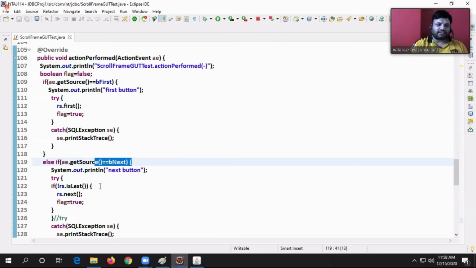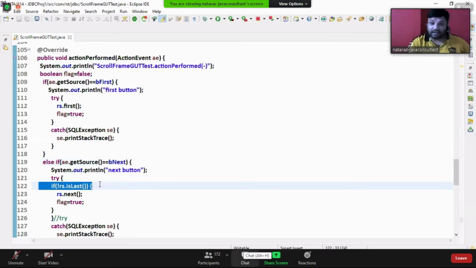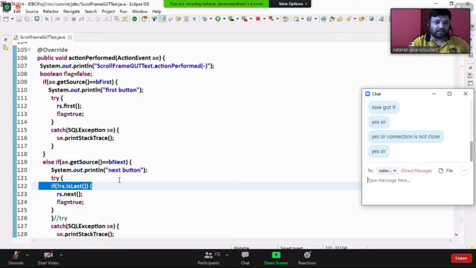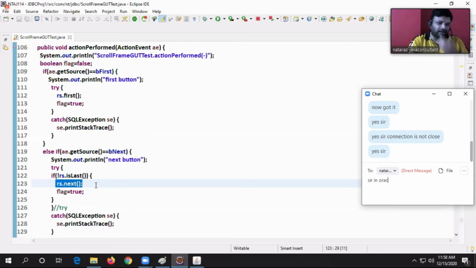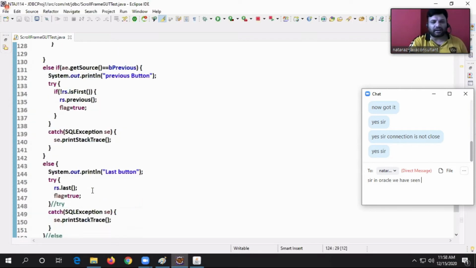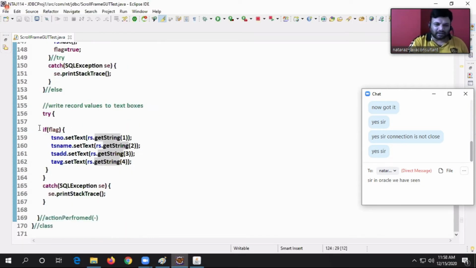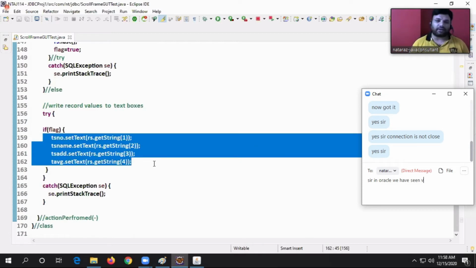If not rs.isLast, the cursor is not on the last record, it is on the first record. rs.next, the cursor moves to the second record. Flag true, again successfully moved to the second record. It will come out of the ladder. Flag true, yes. It will get the second record and set it to the text boxes. End of the story, guys.